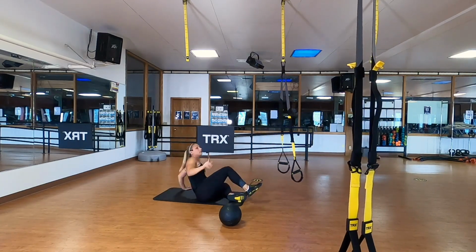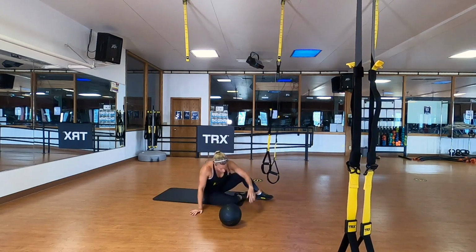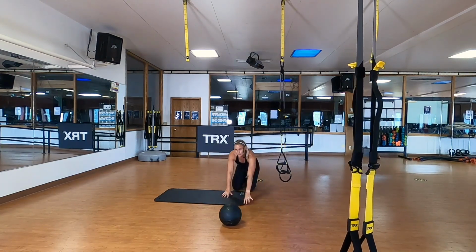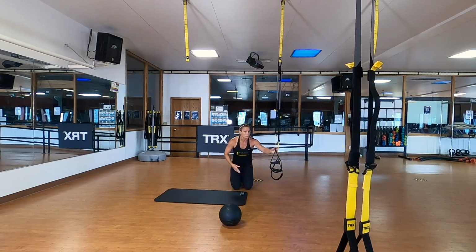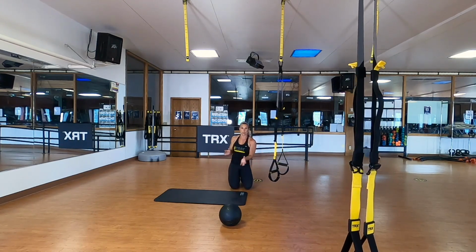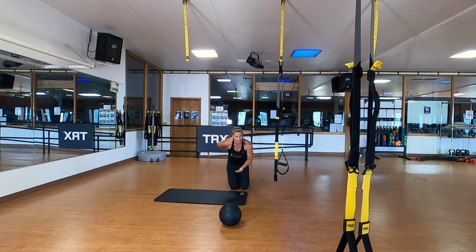Good reset. I'll let you breathe for a second before we do those planks with that slam ball roll again. So our goal, we were creating rotation with those side planks with the rotation. Now our goal with these planks with the roll is to resist rotation. So your body shouldn't be moving side to side. If you want to, you can put like a yoga block or something on your back to make sure you're